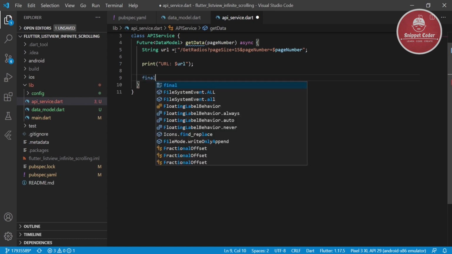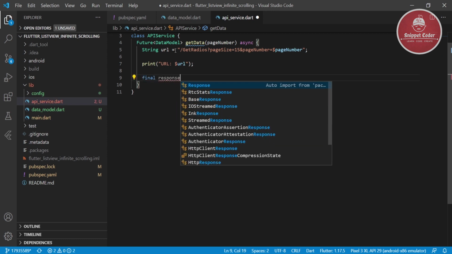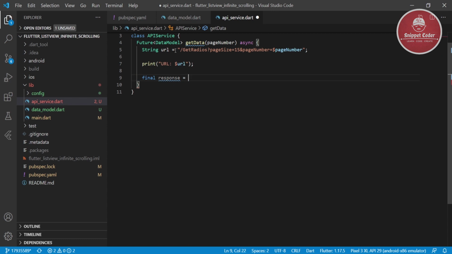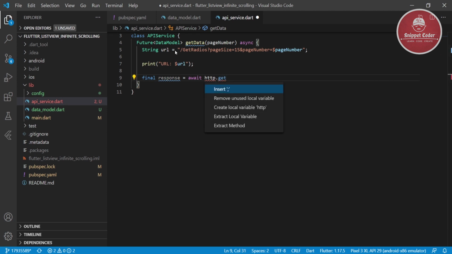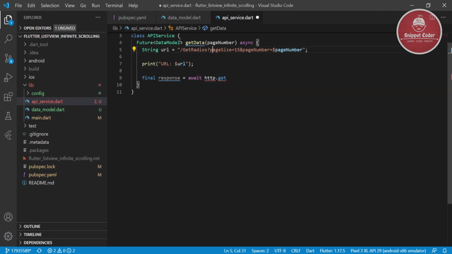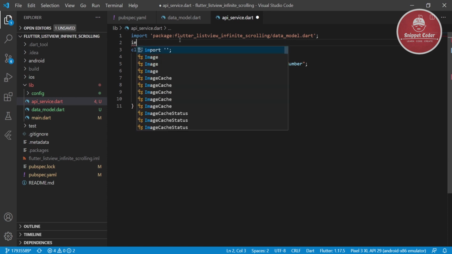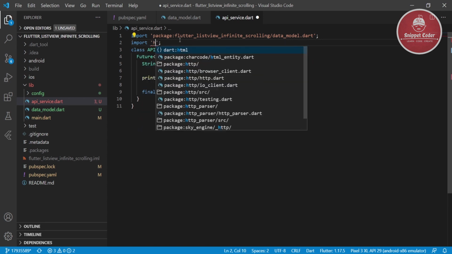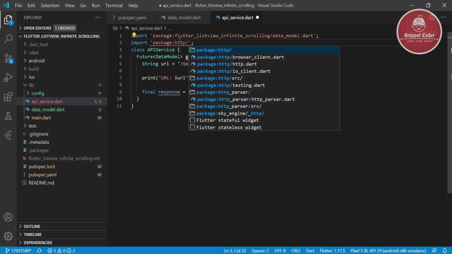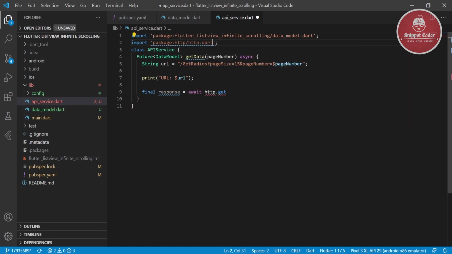Here we are creating one more variable, response, and the response is equal to await http.get, and here we have to import the http package, the http.dart file.